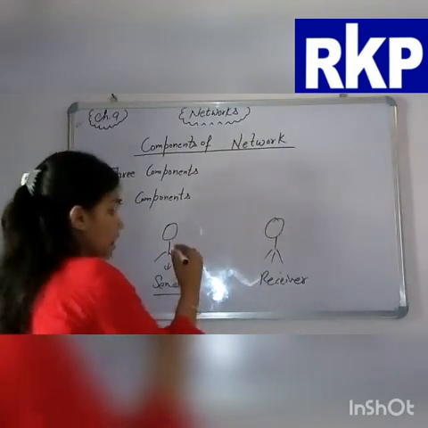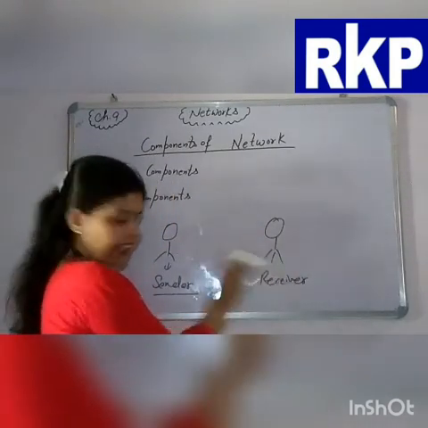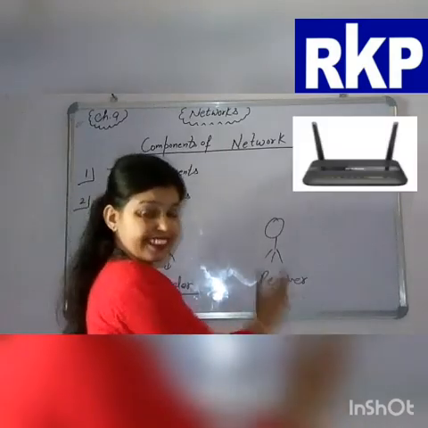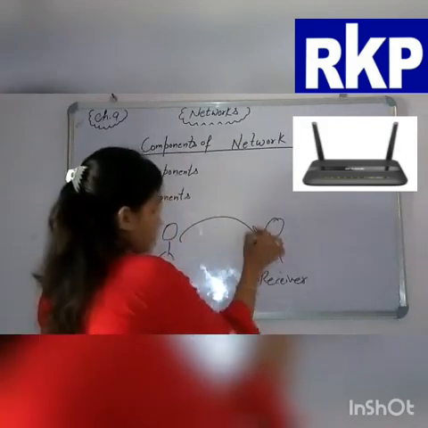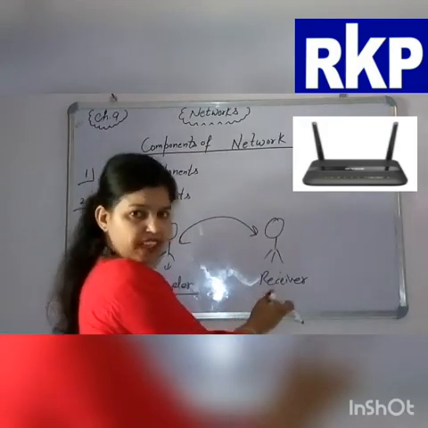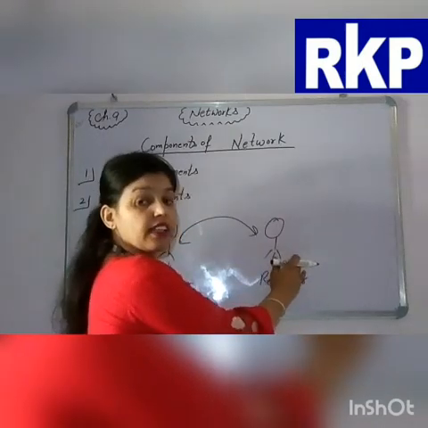It means you both are talking to each other. If you are passing the message to your friend, you are the sender and your friend is receiving that message, so he or she is the receiver. Same, opposite: if your friend is passing any message to you, then he or she will be the sender and you will be